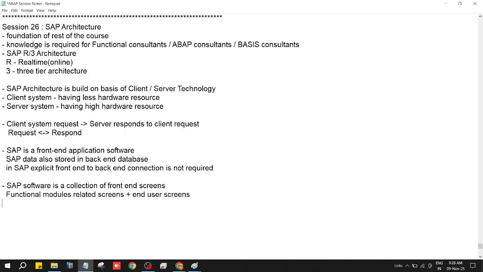So that means screens are used for configuration and development, and next, daily activity, daily transactions also. See, the screen concept is important in SAP. Everything. Simply I can say one statement: SAP is a collection of functional screens,